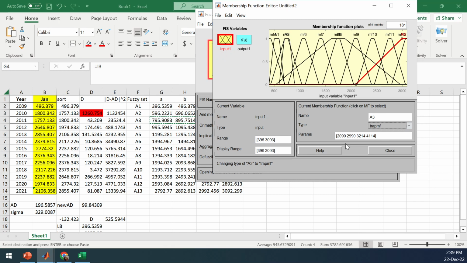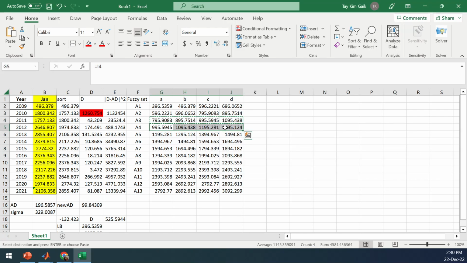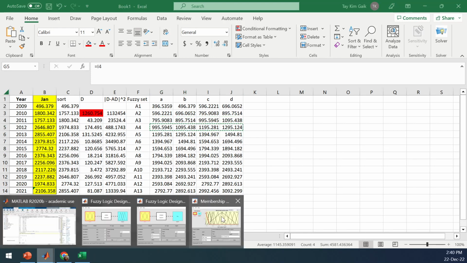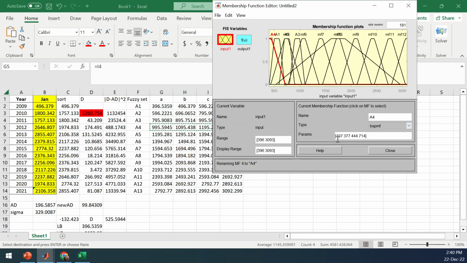Make sure this is trapezoidal. So the ABCD value, this is actually this point, A, B, C, D bottom. Find the 4. So A4, go to select the ABCD values here, trapezoidal. So this is A4,